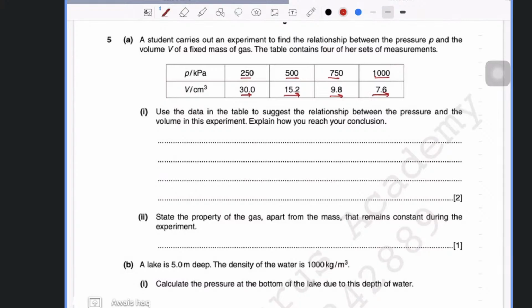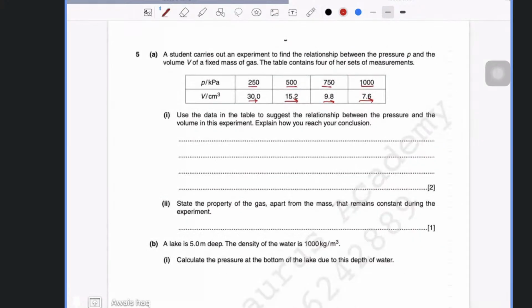So we're going to say her results show that as the pressure increases, the volume decreases. And the other thing is, it's not exactly proportional, so we're going to write,